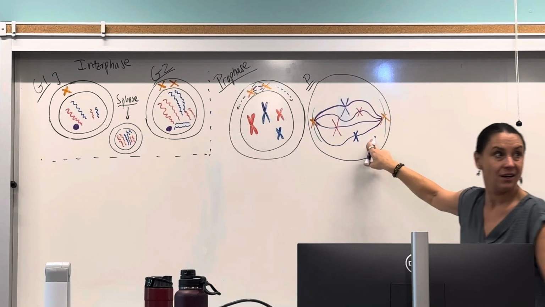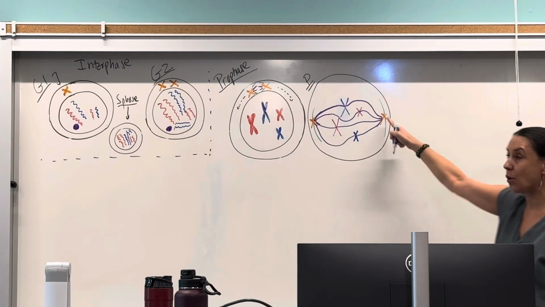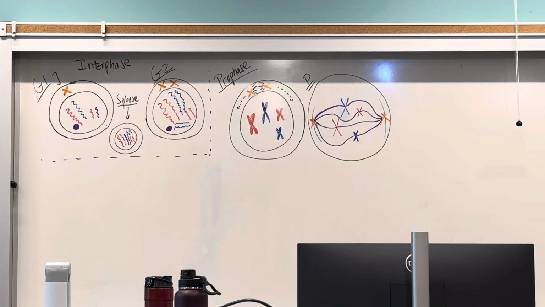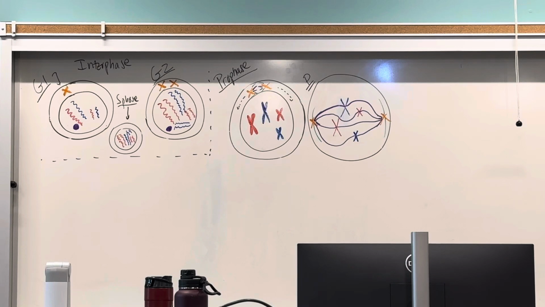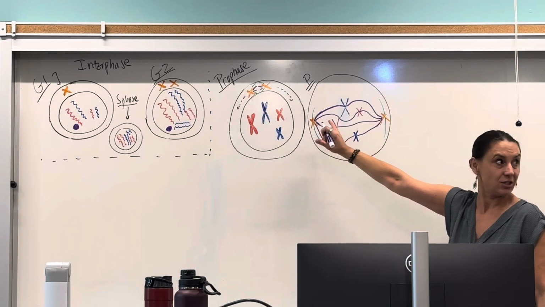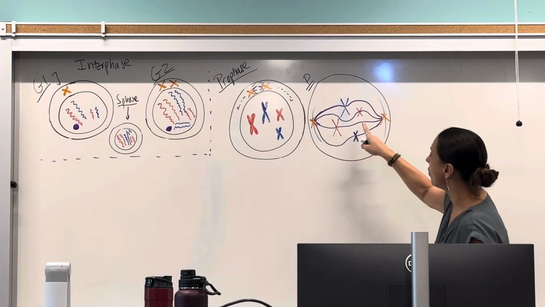Can you see what I did right here? What are these purple guys? I guess I'll write this here. These are called kinetochore microtubules. Why microtubules? Because these orange things, the centrioles, have microtubules growing out of them. These guys are called kinetochore microtubules. These are the ones that attach to the centromeres. What's a centromere? The centromere is just literally this thing in the center where the two sister chromatids are attached to one another. So the kinetochore microtubules attach to the centromeres of these sister chromatids from both poles of the